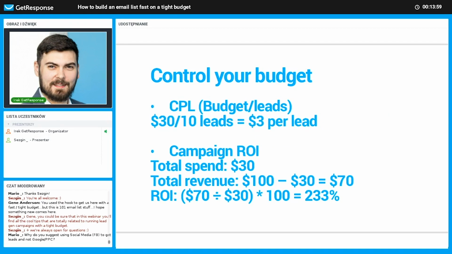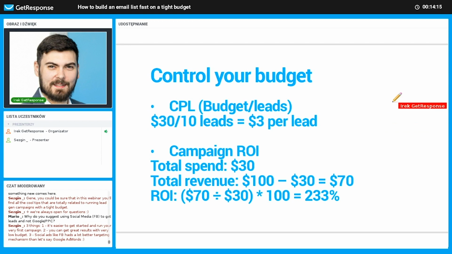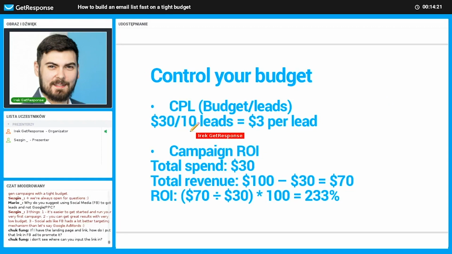Of course, it will depend on the kind of people you will actually go after. So this is just kind of a random idea. You can be sure that it's going to be very different depending on the situation, your business, and the people you want to reach out to. But here, for the sake of pure calculation, we've got this cost per lead. So when you spend $3, you get 10 leads. So you know that it costs you $3 to get the lead. By lead, I mean a subscriber who is your potential customer. So here we're just getting back to this very, very important aspect of knowing your target audience.